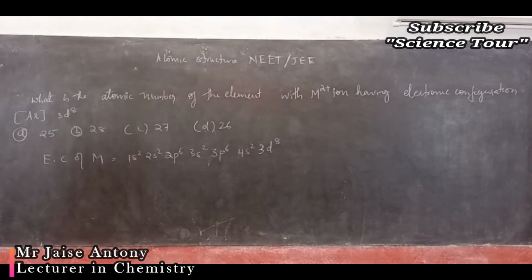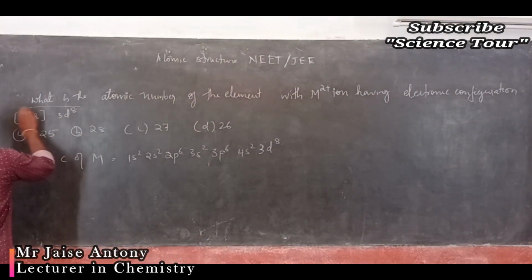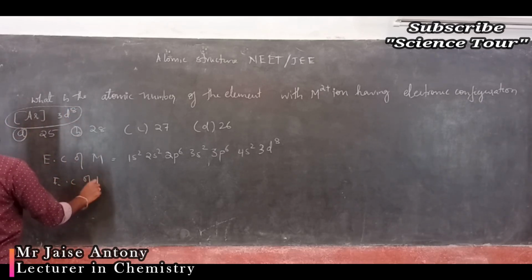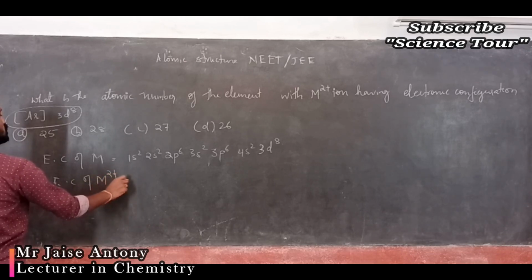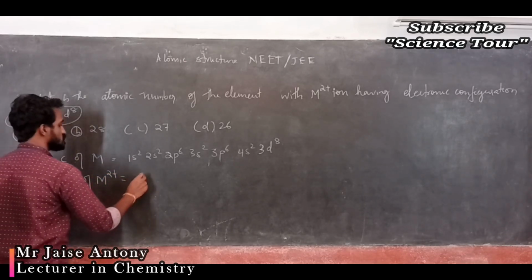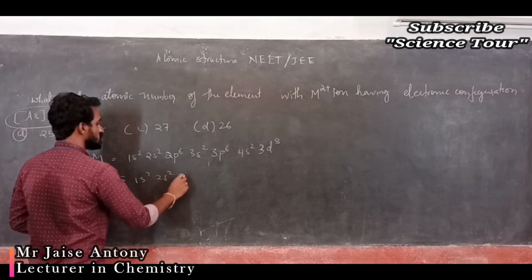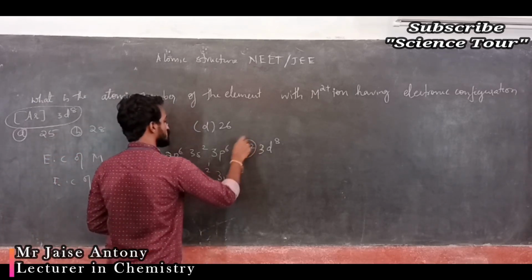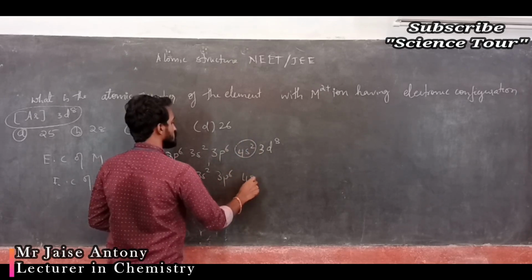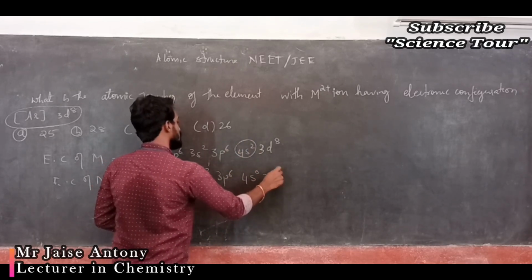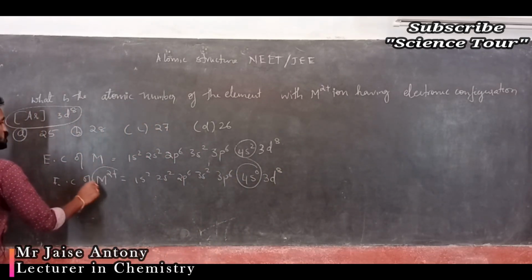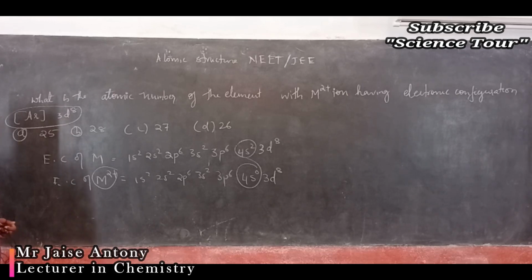So, my dear students, they have given the electronic configuration of the same metal, but 2 electrons are removed. When 2 electrons are removed, we have 1s2, 2s2, 2p6, 3s2, 3p6, and the 2 outermost shell electrons are removed, that is 4s0, 3d8. Understood? These 2 electrons are removed. So now it becomes M2 plus. M is a metal, any metal. Understood? Here also M, metal.